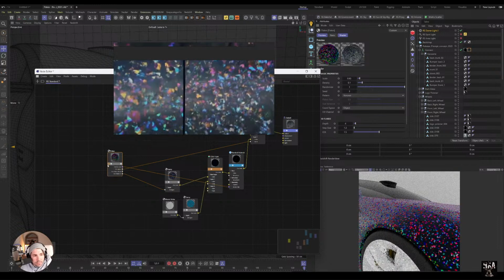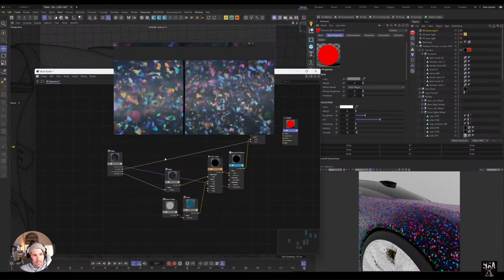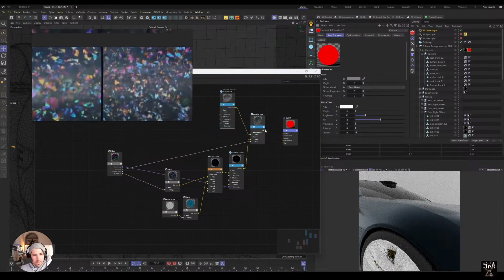How can I check the alpha? It's basically all the in-between stuff, right? So I think if I could break the alpha information with noise, if I just plug this in,